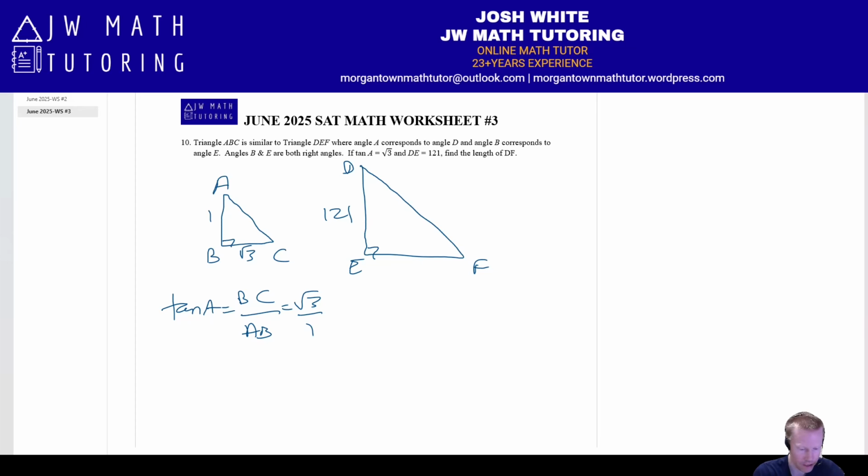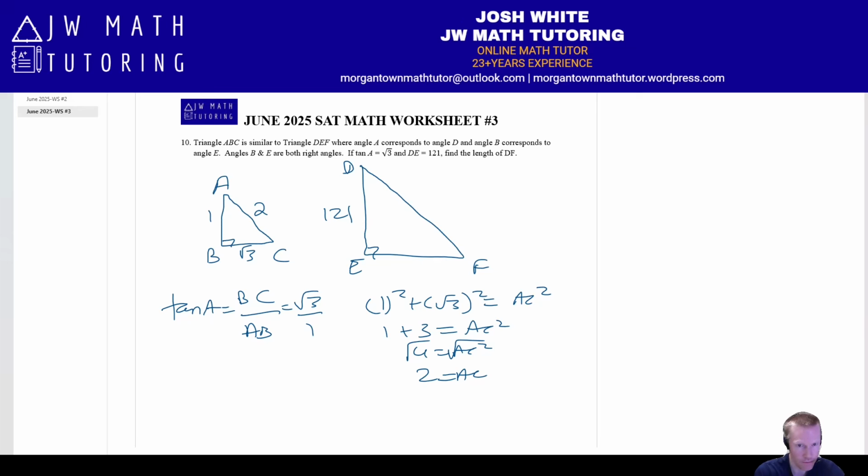First method, I would say, is to note that AC is going to be 2. You can either get that by recognizing these ratios, that it's a 30, 60, 90 triangle, or you could do Pythagorean theorem. 1 plus 3 equals AC squared, 4 equals AC squared, AC equals the square root of that, which is 2. Technically you could also do basic trig, find the measure of angle A, and then use it and one of the sides to find AC as well, if for whatever reason you didn't want to do Pythagorean theorem. Okay, so now that we have that, you can just set up a nice ratio, or proportion really,